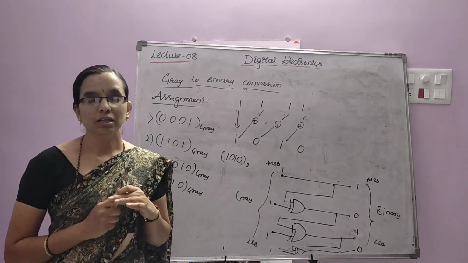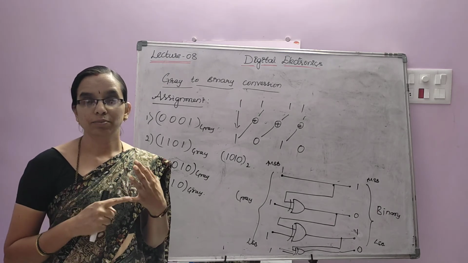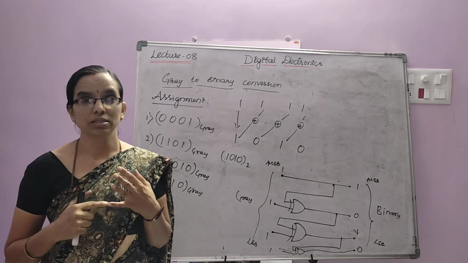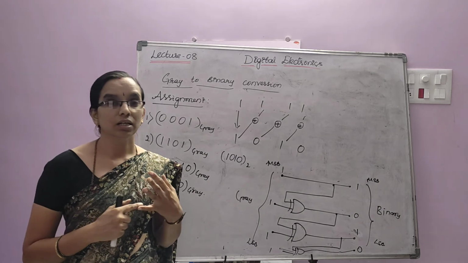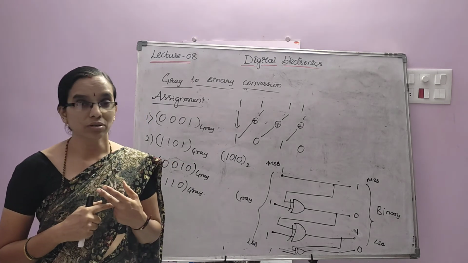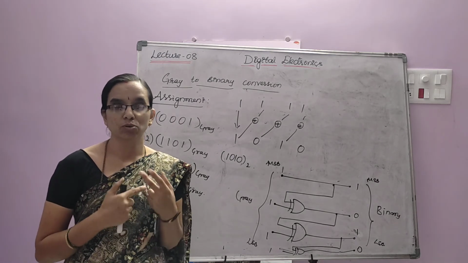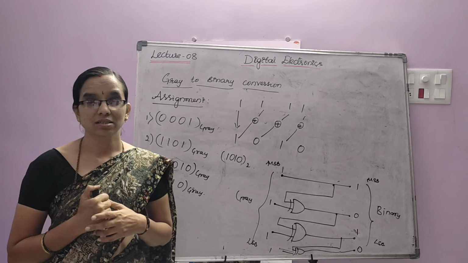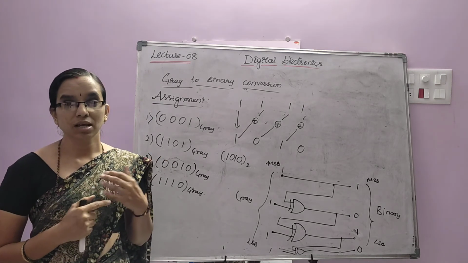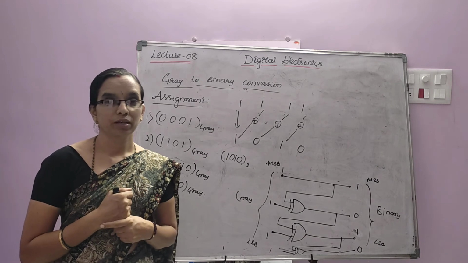Okay, so conversion from XS3 to decimal, decimal to XS3, binary to BCD to XS3, XS3 to BCD, and all are very important. Also gray to binary and binary to gray conversion is very important. It will be asked in the examination several times, almost all the times. If XS3 is asked for 1 mark, then gray code conversion will be asked for 2 marks. Okay.